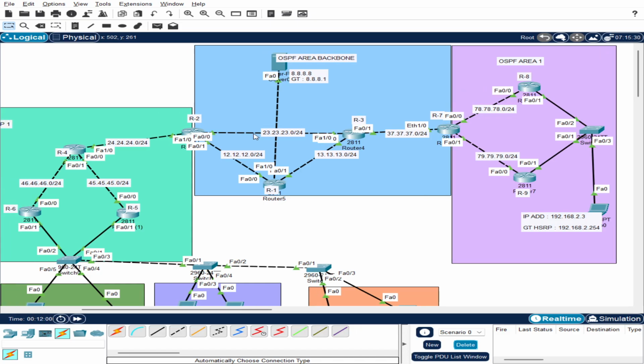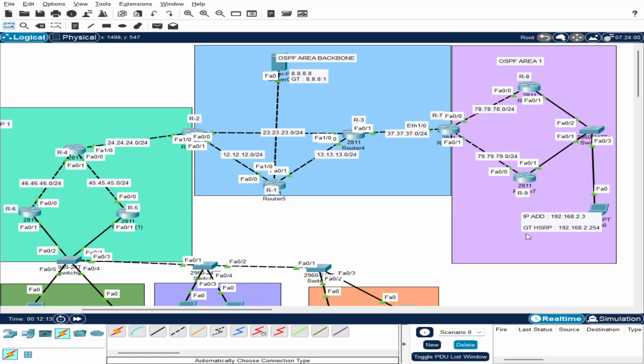As you can see, there are two different protocols, and when I ping from this router to this server, it is successful.